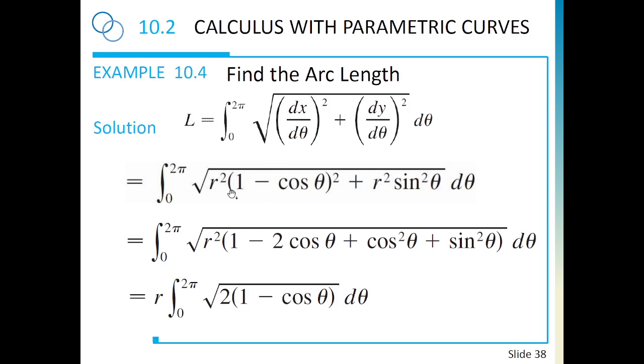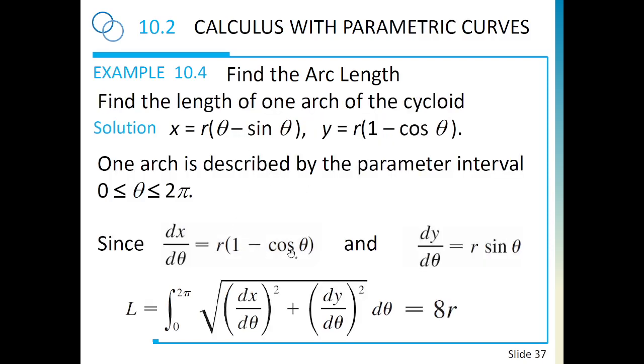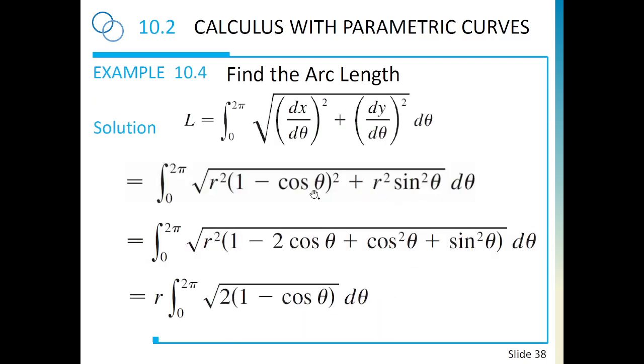So basically we plug in the expression, so the derivatives are here, we square them, plug them into the expression, and now we need to simplify things as much as we can. So with simple algebra we come up to here, and then we are a little bit stuck now,